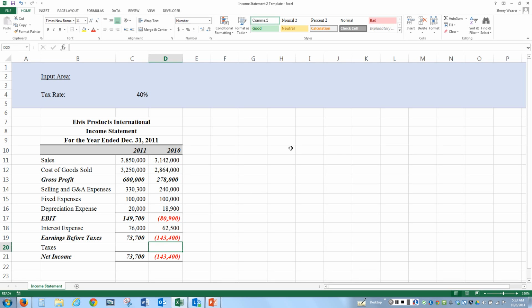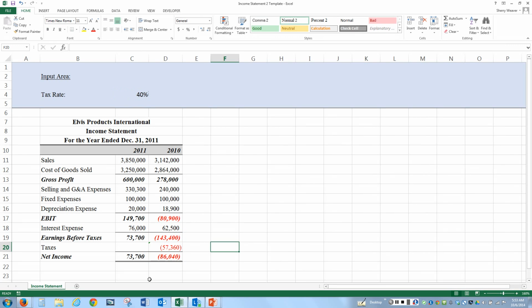So before, if we were to just type in that it's equal to my EBIT times C4 up at the top, and remember that we want to hit the F4 key or Command T on your Macs to put the dollar signs in front of the C and the 4, because we want to make sure that as we copy this formula over to the left, it doesn't move our tax rate over to the left here. So I'm going to just hit enter,